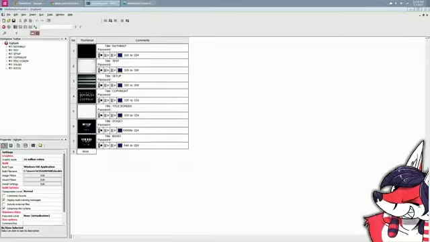Hold up, I gotta change the resize settings on this. Why is it so slow? Why are you so slow? Okay, I think I actually have to restart the stream because I'm gonna change my frame rate settings. I'll be right back.